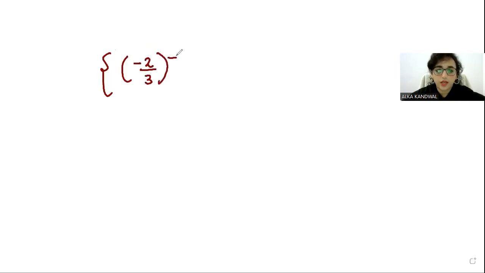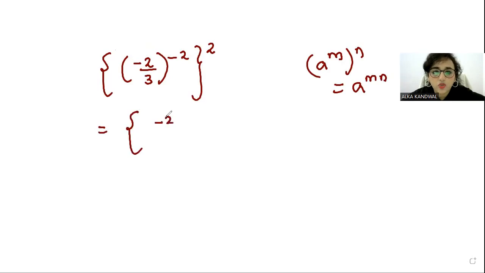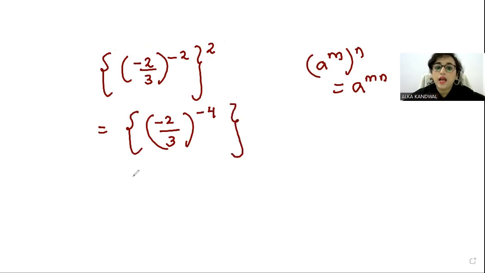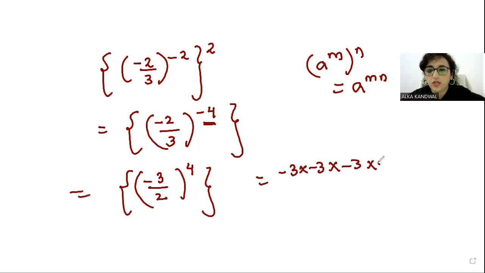अगर ऐसे क्वेश्चन आ गए, अब क्या किया जाए? अब हमने ये पढ़ा था कि a to the power of m to the power of n को हम ऐसे लिख सकते हैं, a to the power of mn. तो इसको मैं ऐसे लिख सकती हूँ, -2 power by 3, -2 into 2, that becomes -4. अब मुझे इस एक्सपोनेंट को पॉजिटिव करना है, तो मैं डिनोमिनेटर को न्यूमरेटर बना देती हूँ, न्यूमरेटर को डिनोमिनेटर. नेगेटिव वी कैन कीप हियर आल्सो, नॉट अ प्रॉब्लम. -3/2, तो ये हमारा एक्सपोनेंट पॉजिटिव हो गया. तो अब क्या होगा? -3 into -3 into -3 into -3 डिवाइडेड बाय 2 into 2 into 2 into 2.